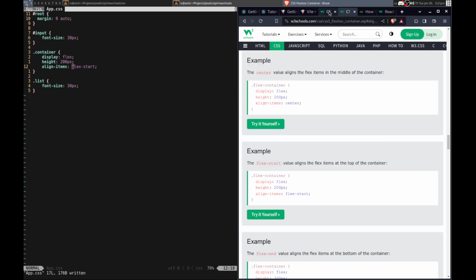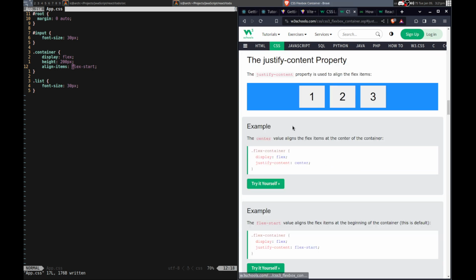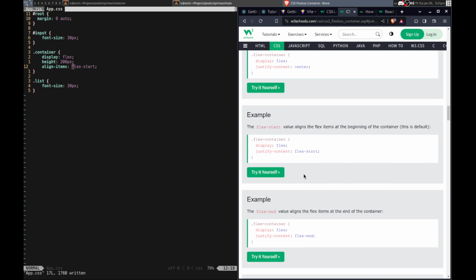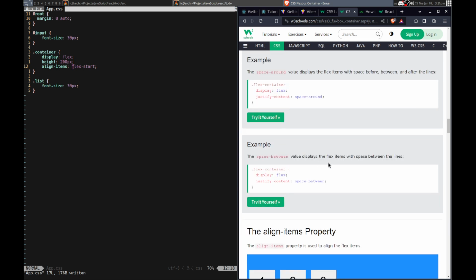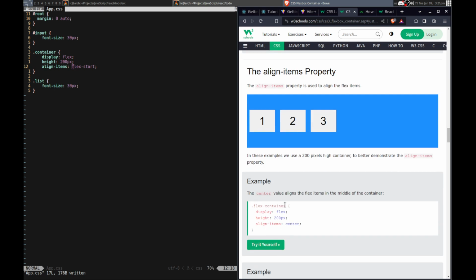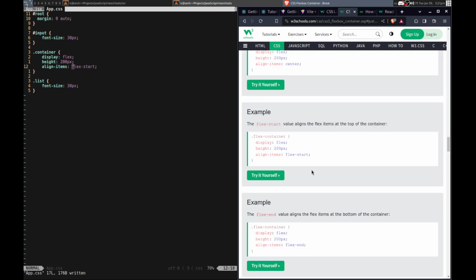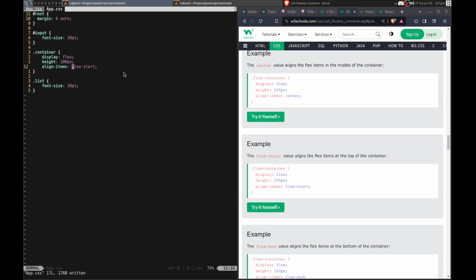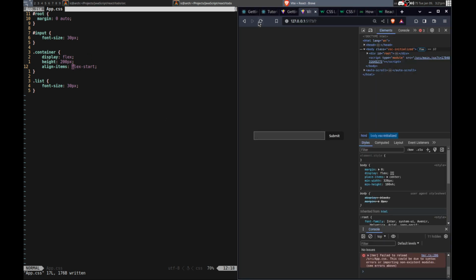Look at justify content. CSS is confusing. I don't get it.